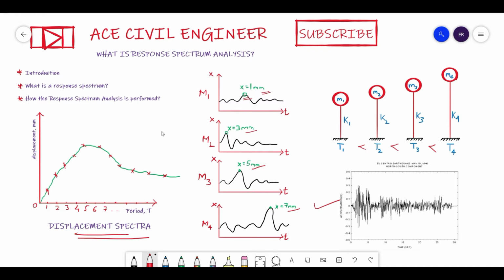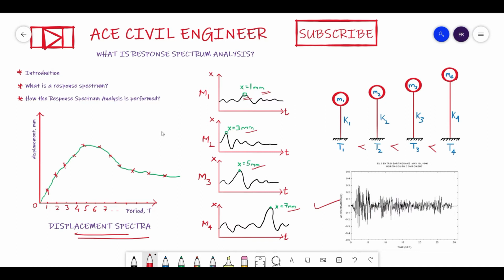So now I will define it again, friends, you will clearly understand. Response spectra are the curves plotted between the maximum response of a single degree of freedom system subjected to a specified earthquake ground motion and its time period. So between the time period, the ground acceleration and the displacement. Here you need to understand this, friends.